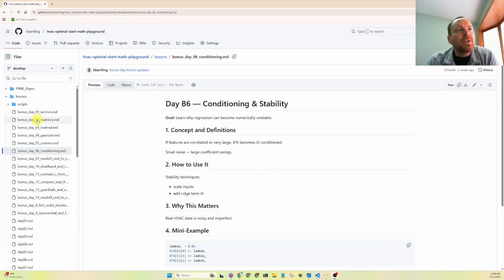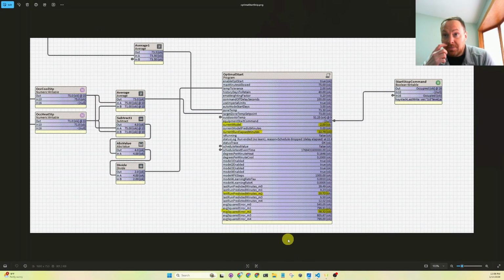And mostly we're talking about, before the building starts, we get that delta temperature that the building needs to warm up or cool down to, the occupied zone temp setpoint, and the amount of minutes that it takes to reach that zone, to recover the zone. And then the researchers defined in this paper a lot of different math models to predict minutes, which we're playing around in Python to